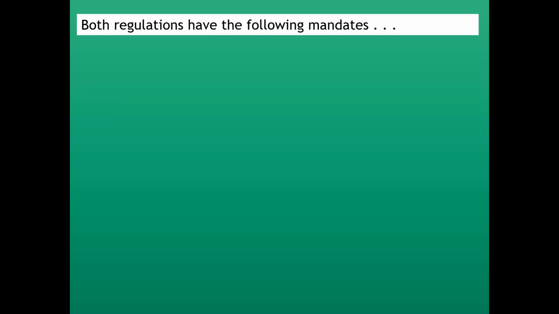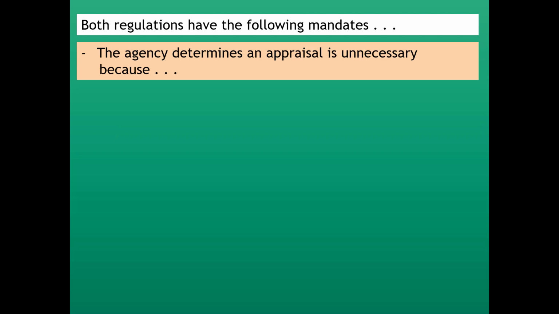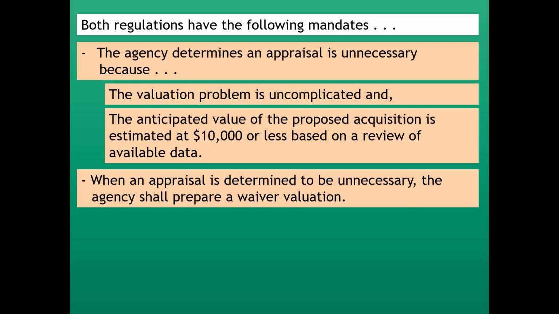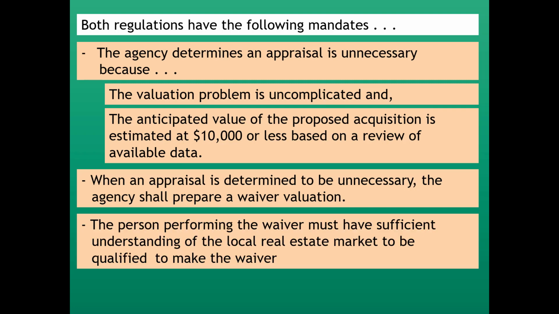Both regulations have the following mandates. The agency determines an appraisal is unnecessary because the valuation problem is uncomplicated and the anticipated value of the proposed acquisition is estimated at $10,000 or less based on a review of available data. When an appraisal is determined to be unnecessary, the agency shall prepare a waiver valuation. The person performing the waiver must have sufficient understanding of the local real estate market to be qualified to make